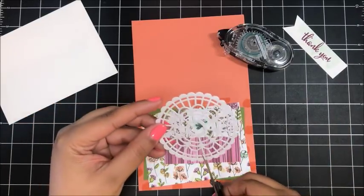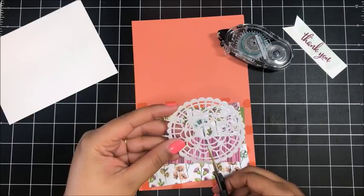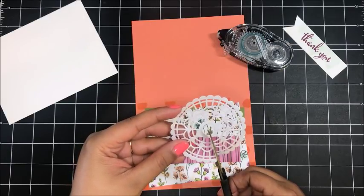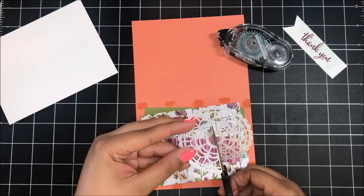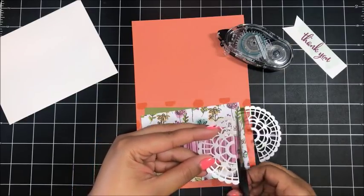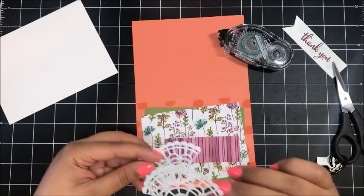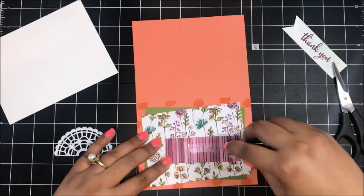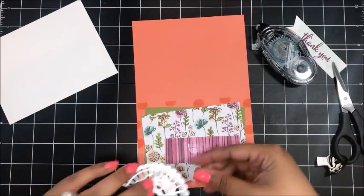Then you've got one of those pearlized doilies. You wanna cut this in half. You need half for this card, and then you need half for your bag. So just snip that right down the middle, just like so. So save that piece. Then I'm going to put a little bit of snail right here,